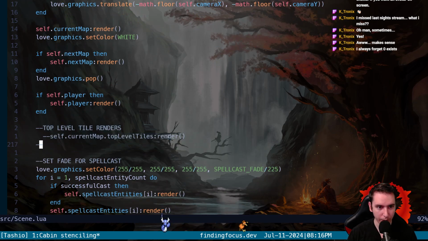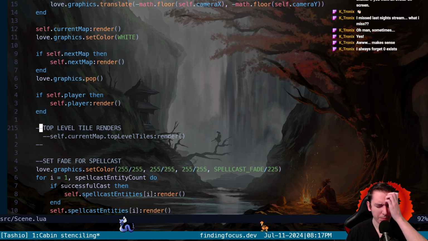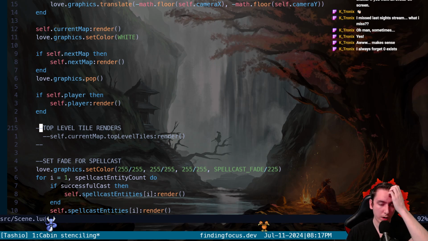Now this is not how we're going to do it, but we need something similar to this draw request, except we only need to draw from our tile sheet atlas at our tile ID quad at the X and Y of whatever value is equal to a top level tile ID. So